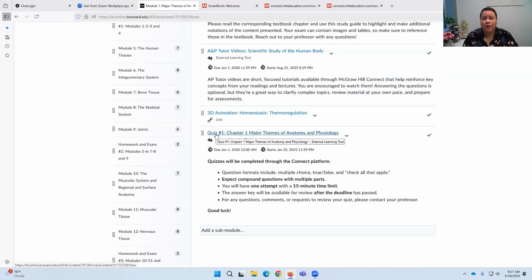We've also given you a quick overview with each of the tabs. So as you can see, it'll tell you, for instance, that the quizzes will be completed through the Connect platform. It'll remind you of what the format is and the time limit, but really all the detail is within the